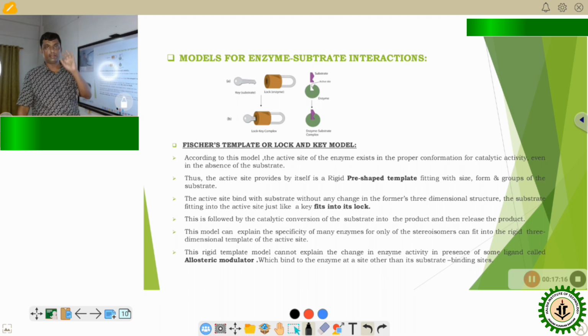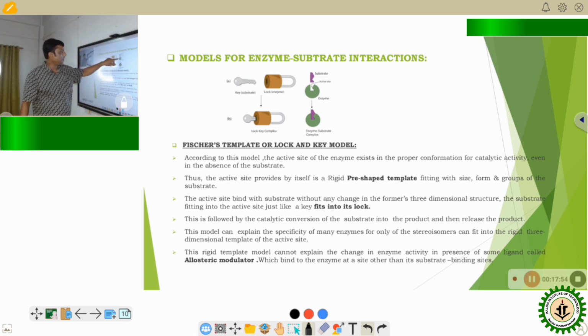As we see in lock and key, if you see a lock, then a specific key can insert inside that lock. The configuration of the lock is created in such a way that only a specific key can fit. You can't operate all locks with a single key. So each and every specific lock has a specific key. Similarly, here, if you consider the enzyme as lock and substrate as key, this can fit in a